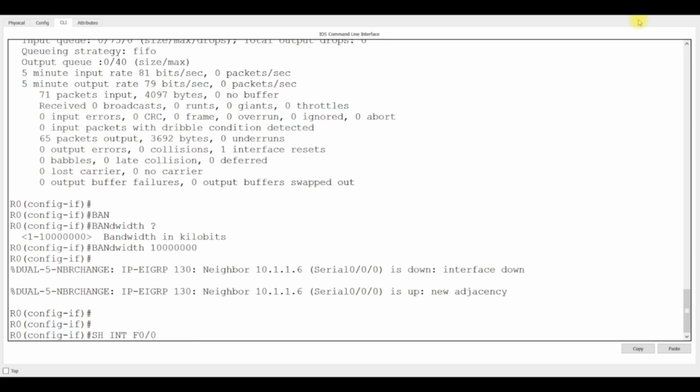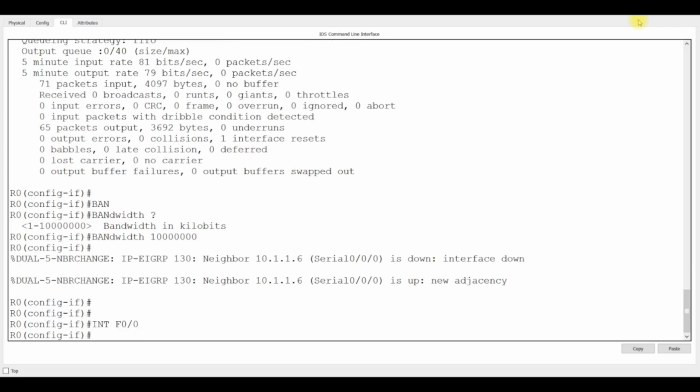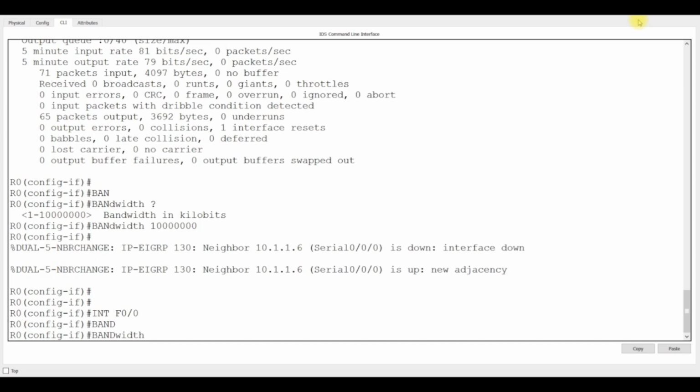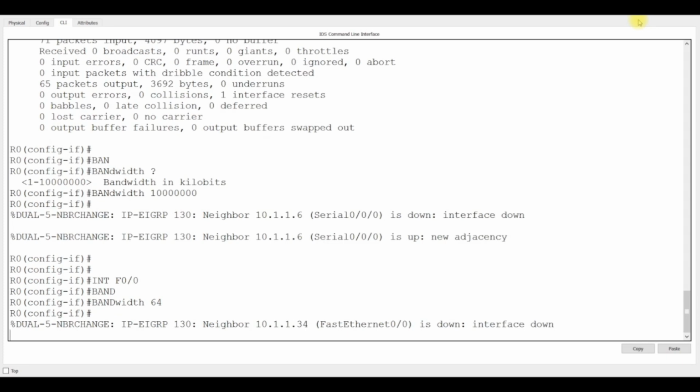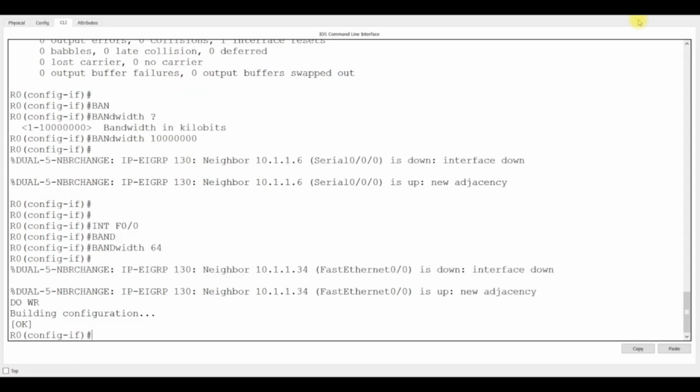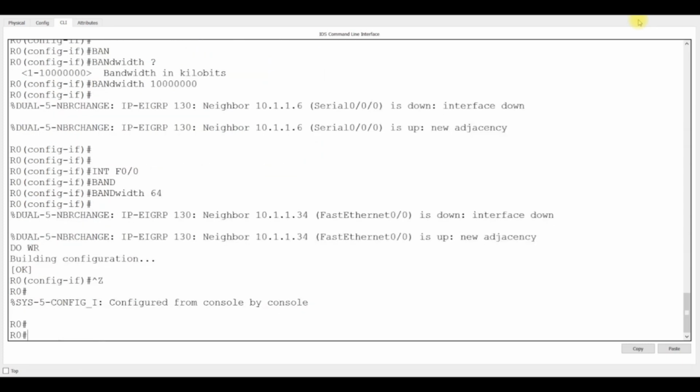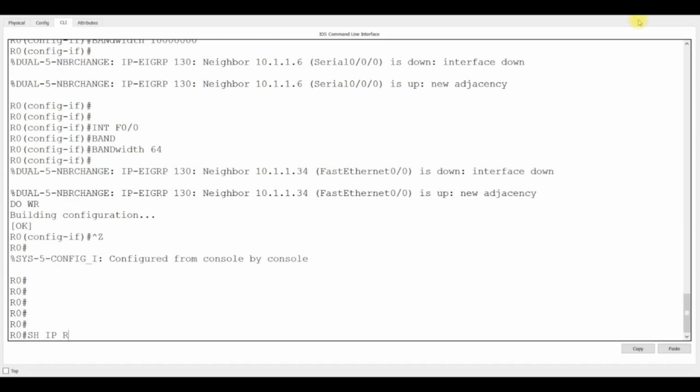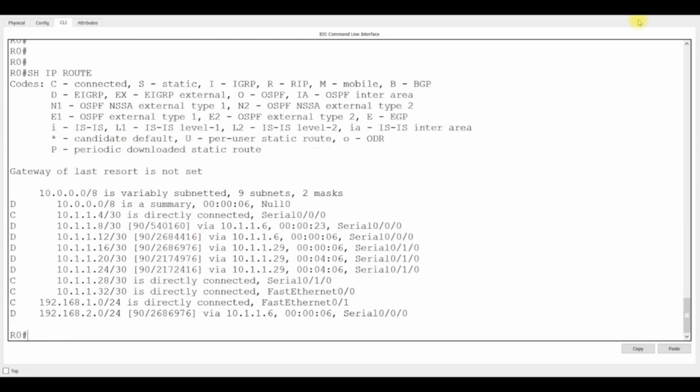Let's see if I can just backspace out of here, make life easy. And we're going to slow down that bandwidth, and let's change it to 64. That will make it really slow. Do WR. All right, so making that change, if we were to look at the routing table, show IP route, what's this